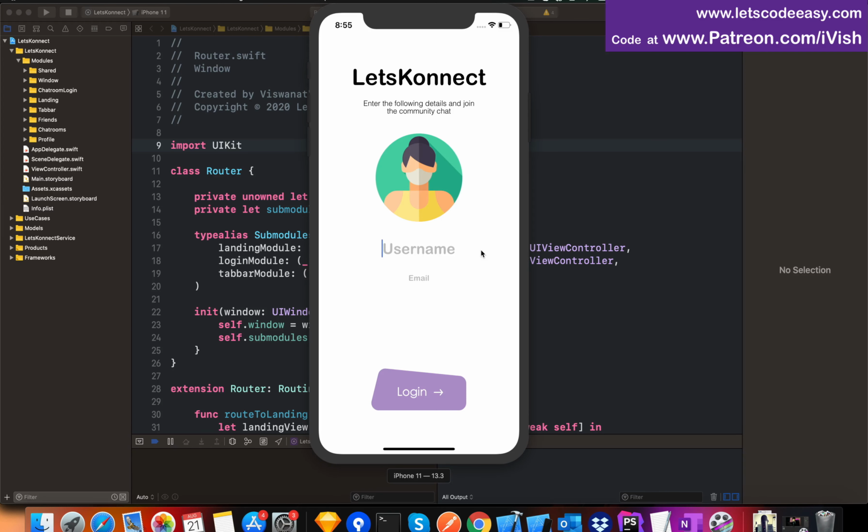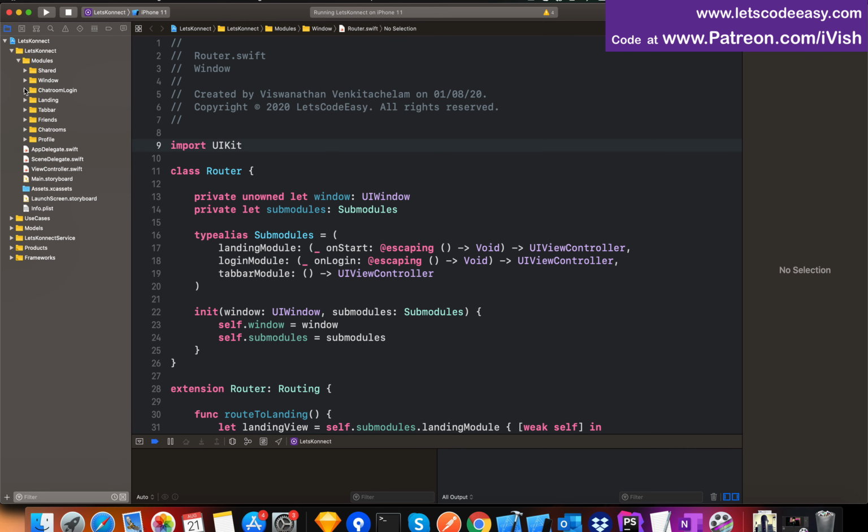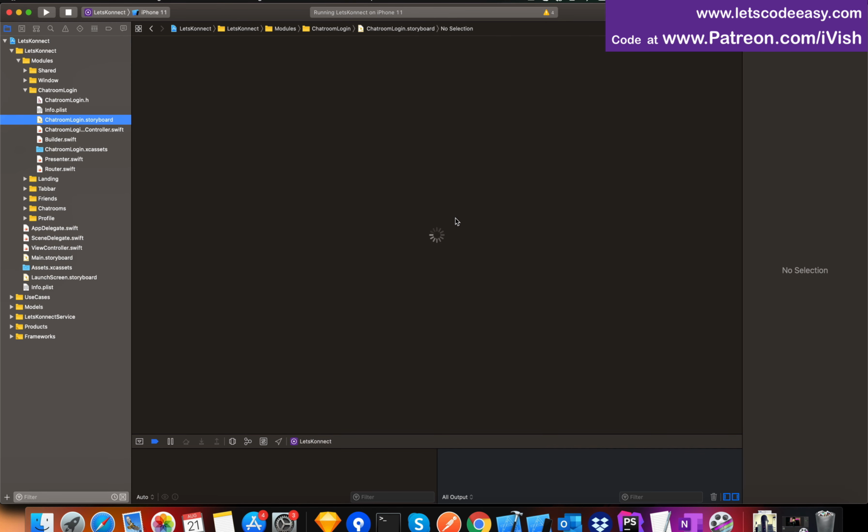So the app currently looks like this, where you have the login, which just has a username and email field, more like a guest user joining, but I'm going to modify it to have an email and password feature enabled. I'm not supporting guest as yet. We'll create JWT auth tokens and then use that to secure our WebSocket. So we'll start by modifying this login flow, plus also introduce that sign up flow which I had talked about. We need to create one more module for sign up. So let's first start by modifying our login flow. Go to the login screen,